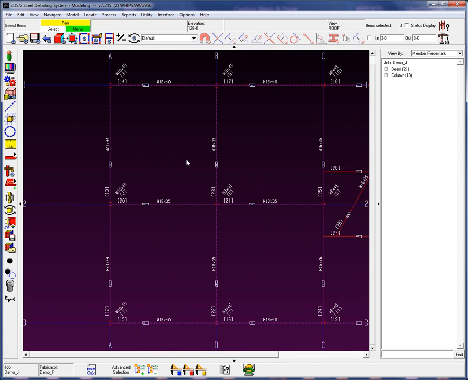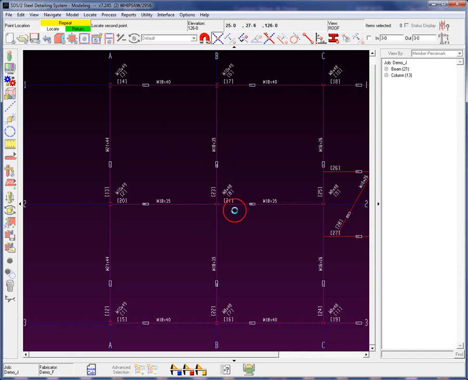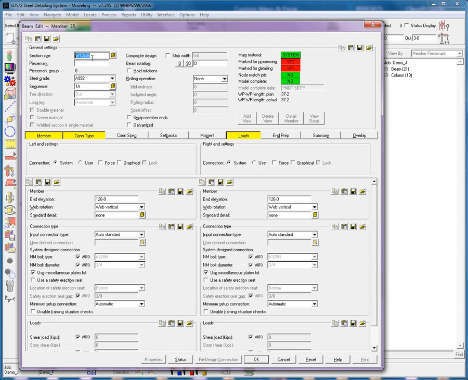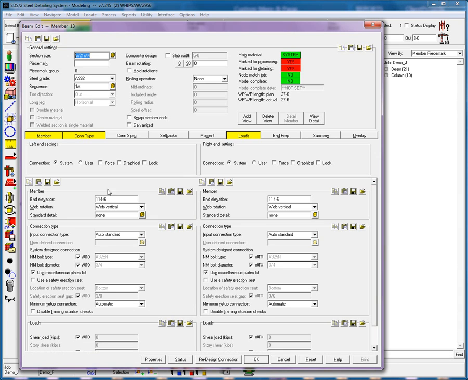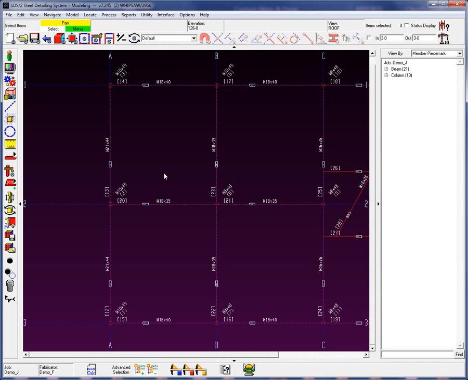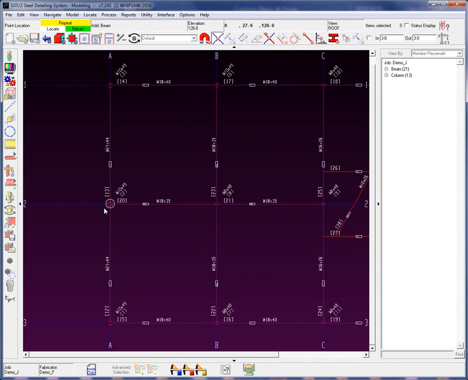Now, if I were to come back in here and add in a beam, the system will remember the last beam that was used. So, for example, if I locate 2 points, it's going to remember the last input beam, which happened to be a 12 by 35. Now, interesting thing about SDS2 is if I double click on this previous member, notice the elevation is at 114.6. If I hit OK on this, and then I come in to add a beam, even though I'm at elevation 126.0, and I use intersection construction line, which puts me on this working plane,